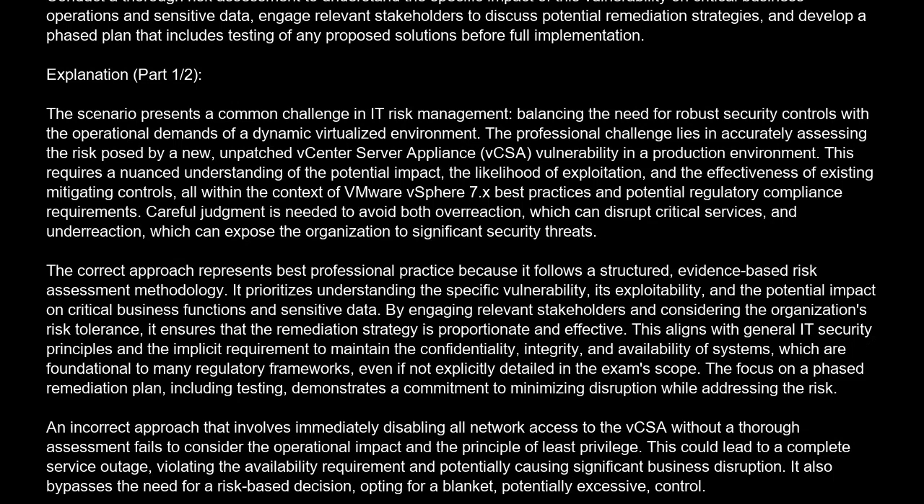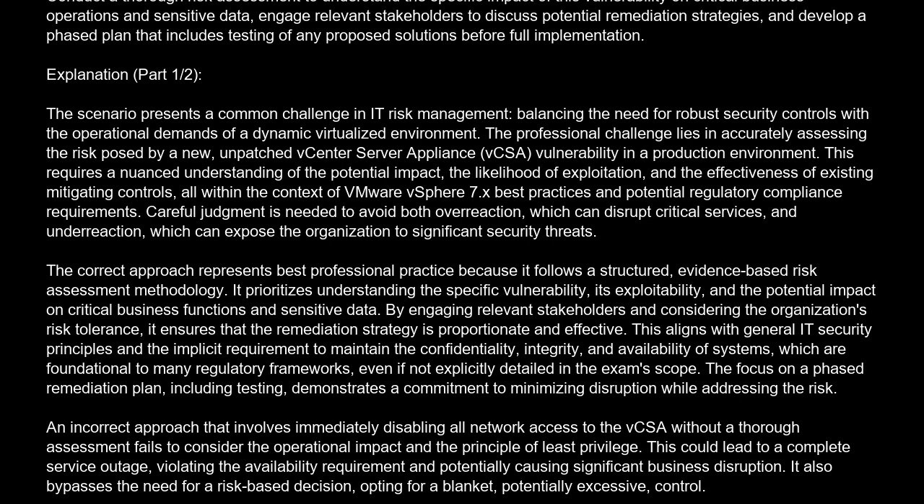The correct answer is D. Conduct a thorough risk assessment to understand the specific impact of this vulnerability on critical business operations and sensitive data. Engage relevant stakeholders to discuss potential remediation strategies, and develop a phased plan that includes testing of any proposed solutions